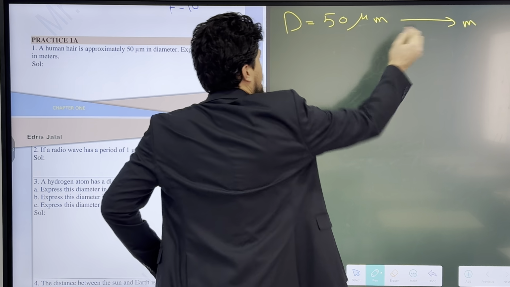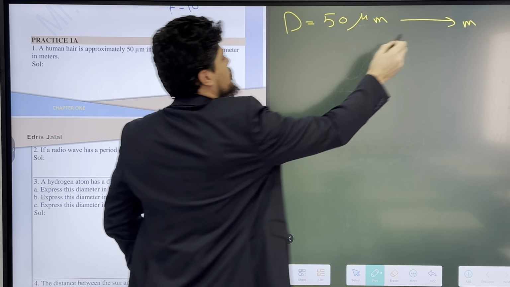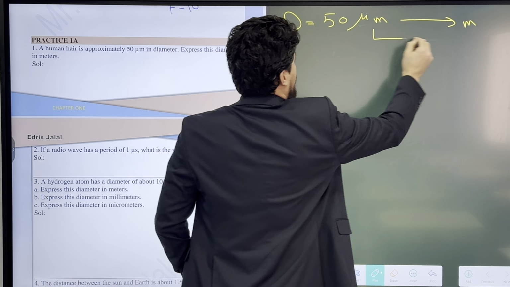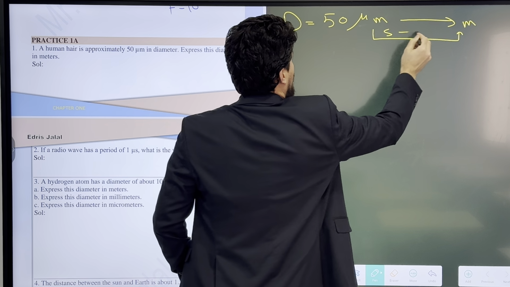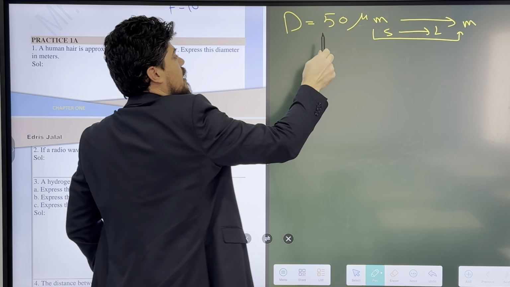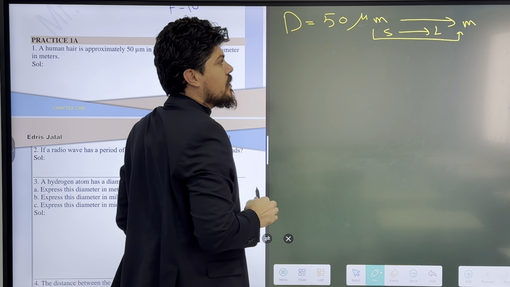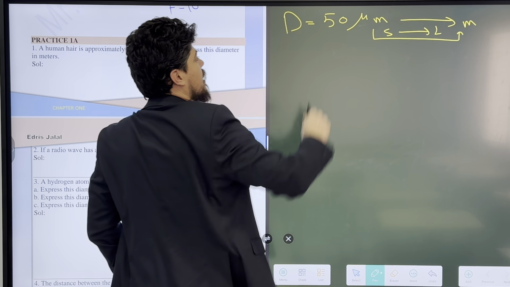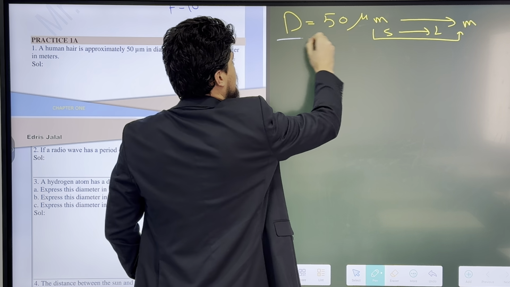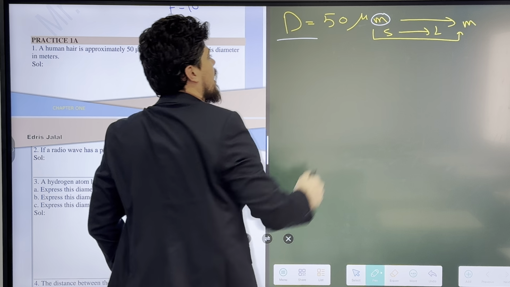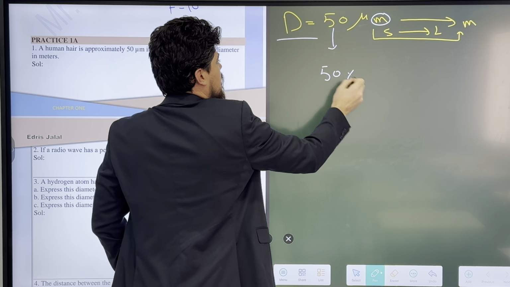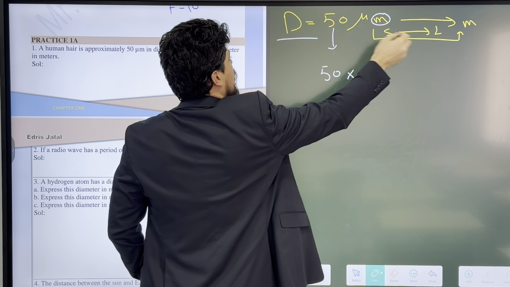Between micrometer and meter, which one is larger? Meter is larger than micrometer. Now, we are converting from small to what? To large. Converting small to large, we have to use the negative power, okay? So what is the dimension of this quantity? Diameter is meter, okay? We have meter, and bring down this 50 times,